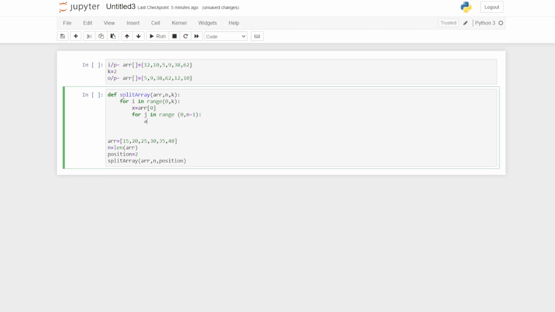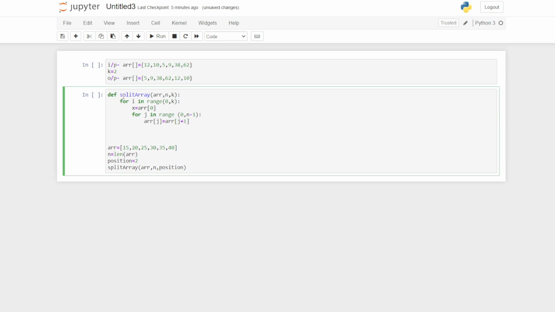Then we assign array of j the value array of j plus 1, which will move all the elements to the left by one place. After this loop ends, we will assign array of n minus 1, which is the last element of the array, as x. The value of x will be transferred to the last position of the array.